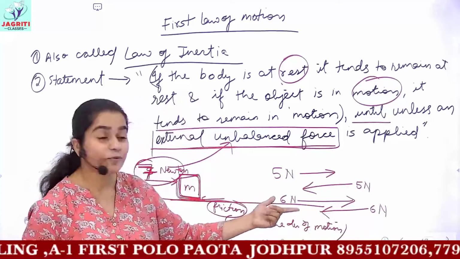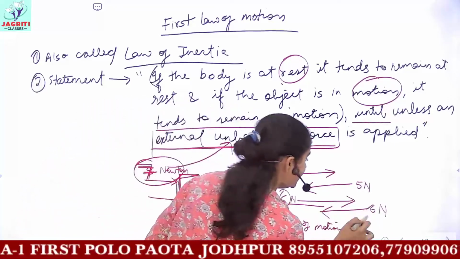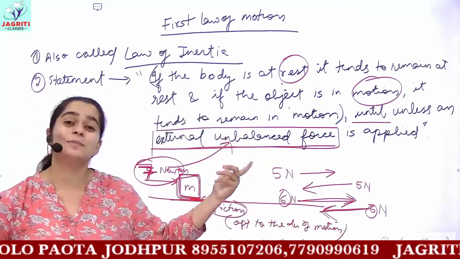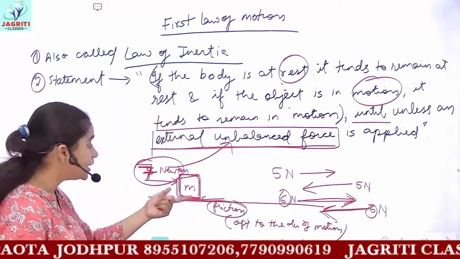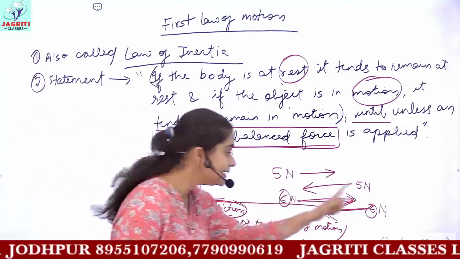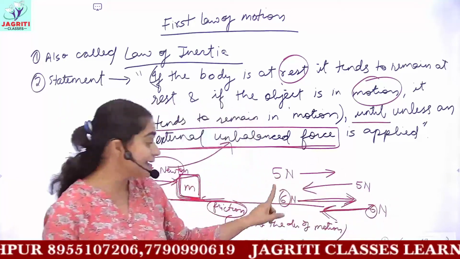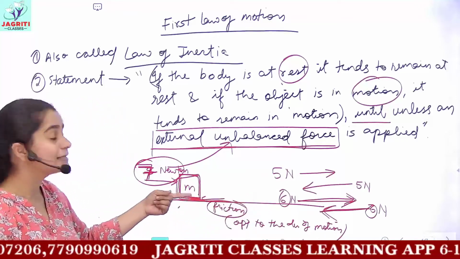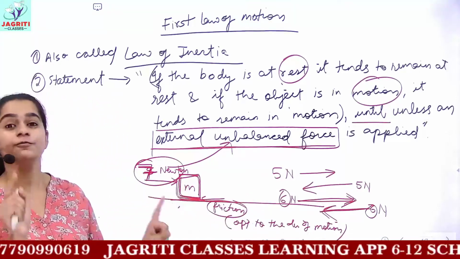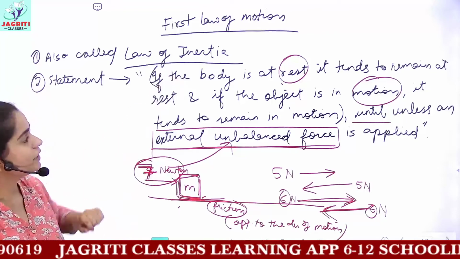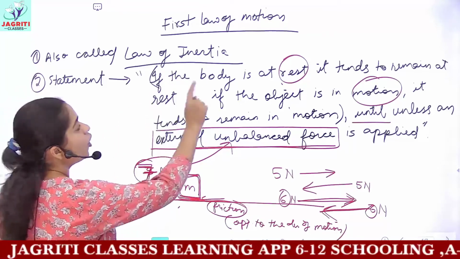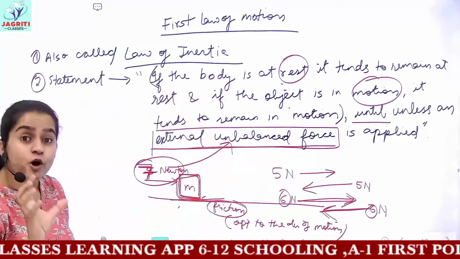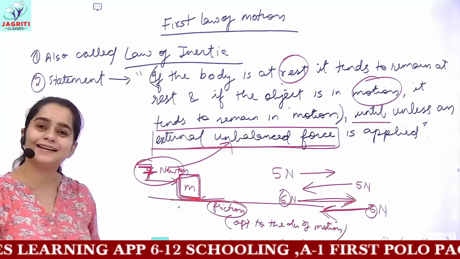And these types of forces which are equal in magnitude but opposite in direction, such forces are known as balanced forces. So the object was not moving because this frictional force was balancing the external force. Therefore we say that the object is maintaining its inertia of rest. And the same I have written here in the statement, that if the object is at rest, then it tends to remain at rest. For how much time can it remain at rest?